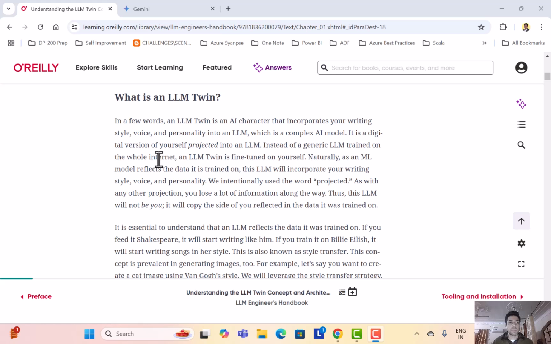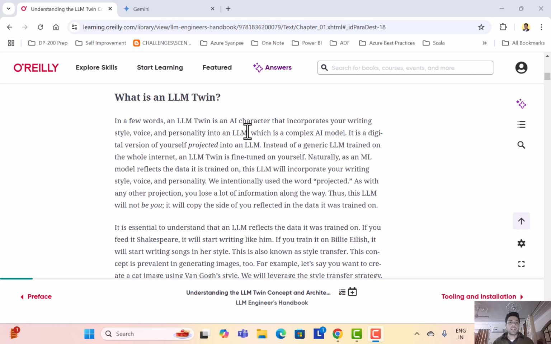So LLM twin, twin is like a personal assistant for you, or a clone of you, but in the LLM sense. What they're trying to say is that this AI character would be able to write on behalf of you, so that you can save some of your time. What you are getting out of this tool is productivity. You do not have to spend time writing those things.